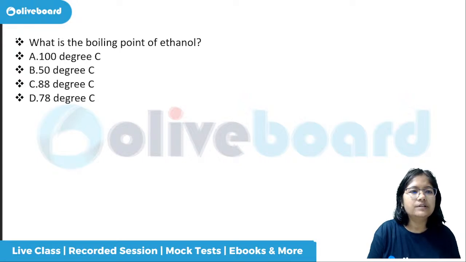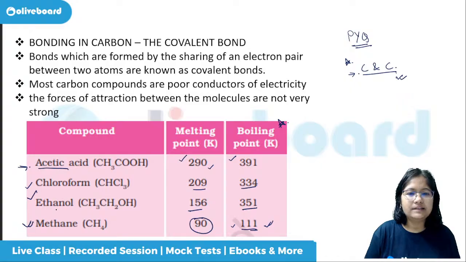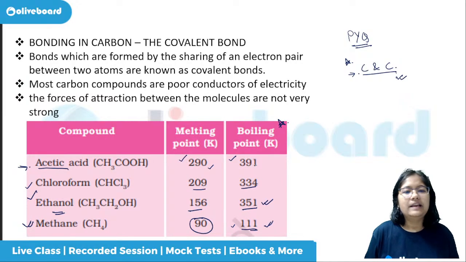And also there was a question which was asked in the exam. Can you try to answer this? What is the boiling point of ethanol? What will be the boiling point of ethanol? If you remember this, then here you have ethanol at 351 Kelvin. Like that you can convert it, or have an understanding that